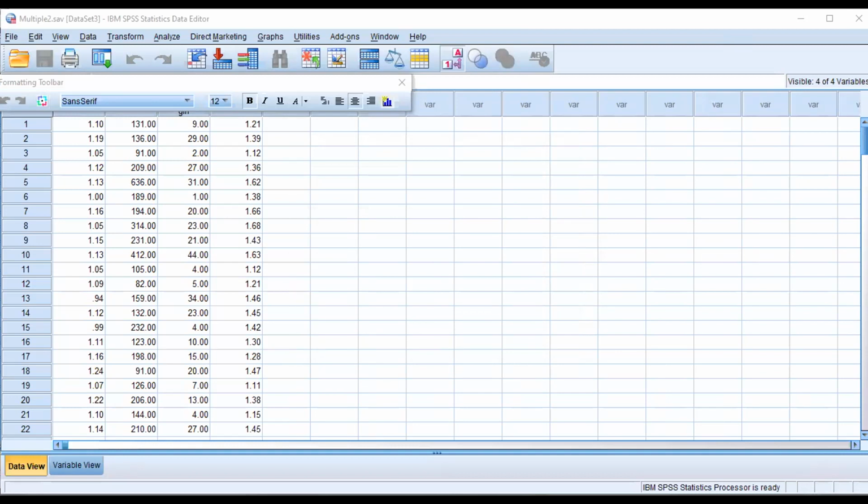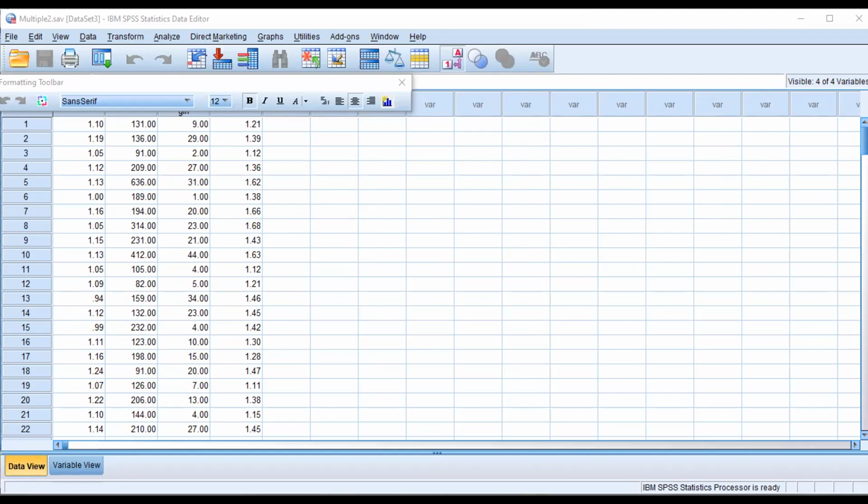Here in adjusted R square, this is important. This adjusted R square will make the difference between bivariate and multivariate. In bivariate analysis, we consider R square and adjusted R square more or less the same. But in multiple regression analysis, we explain our model fit on the basis of R square and adjusted R square value. Always, adjusted R square value is less than R square value.